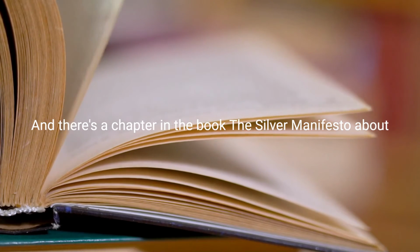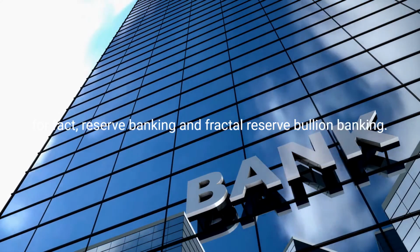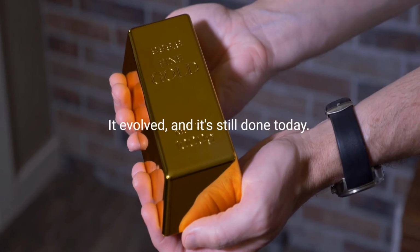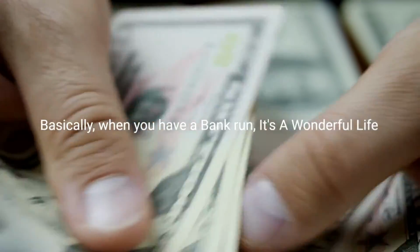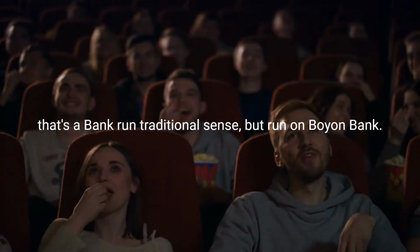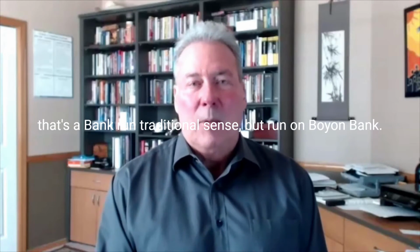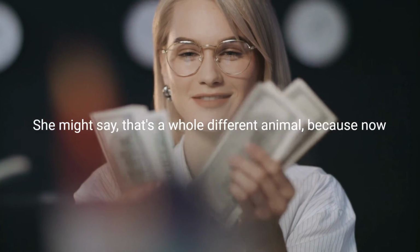And there's a chapter in the book, The Silver Manifesto, about fractional reserve banking and fractional reserve bullion banking. And this is how the goldsmiths did it of old, and it's still done today, and it works almost always until it doesn't work. Basically, when you have a bank run, and, you know, It's a Wonderful Life is a movie that shows that at the end of the movie, that's a bank run in the traditional sense. But a run on bullion banks, you might say, that's a whole different animal,